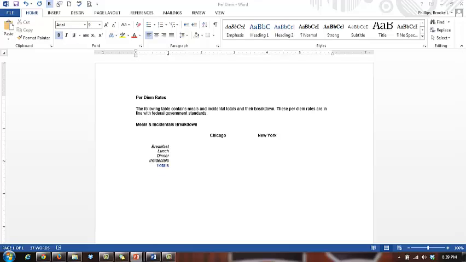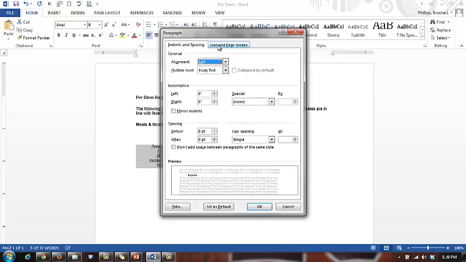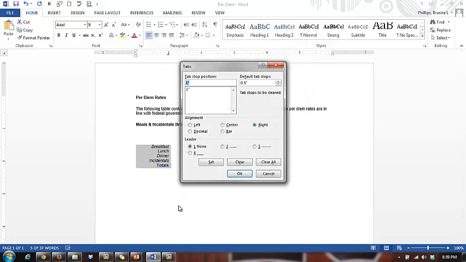The next thing you need to know how to do is use the Tabs dialog box. Select the list of words starting with breakfast and continuing to the end of the document. On the Home tab, in the Paragraph group, click the dialog box launcher to launch the Paragraph dialog box. Click the Tabs button on the bottom left of the Paragraph dialog box. This displays the Tabs dialog box. In the Tabs dialog box, you should see the 1 inch right tab setting that you set in the previous